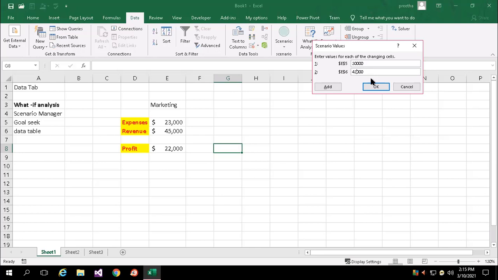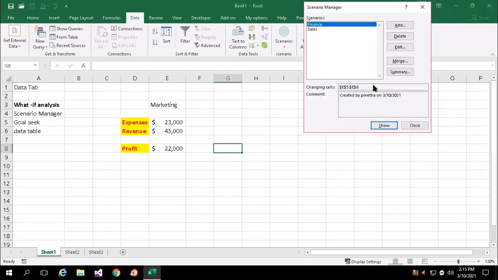It depends on your different inputs, what you are expecting or what is happening in real time, how you want to improve in future. I may say, I wanted to achieve my profit as $30. So how much should I spend and how much revenue can I expect? All this analysis you can try through scenario manager.